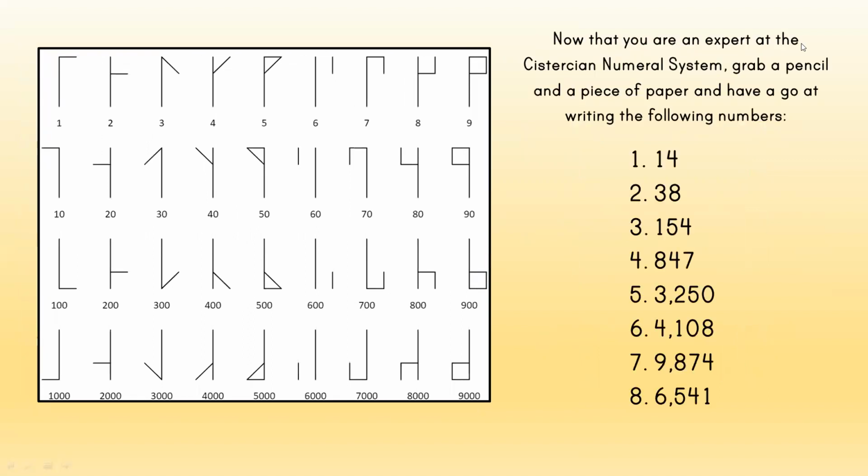Then what I would also like you to have a go at doing is, now that you're an expert, grab a pencil and a piece of paper, and have a go at writing the following numbers for me. There are 8 numbers there to use the Cistercian number system to have a go at. Now, when you have had a go at identifying what you think those numbers were, or writing these particular 8 numbers for me,